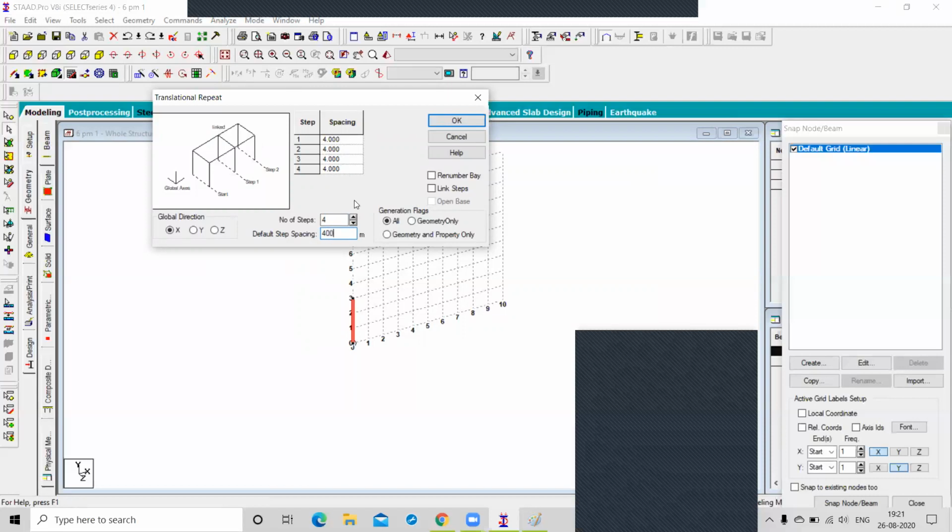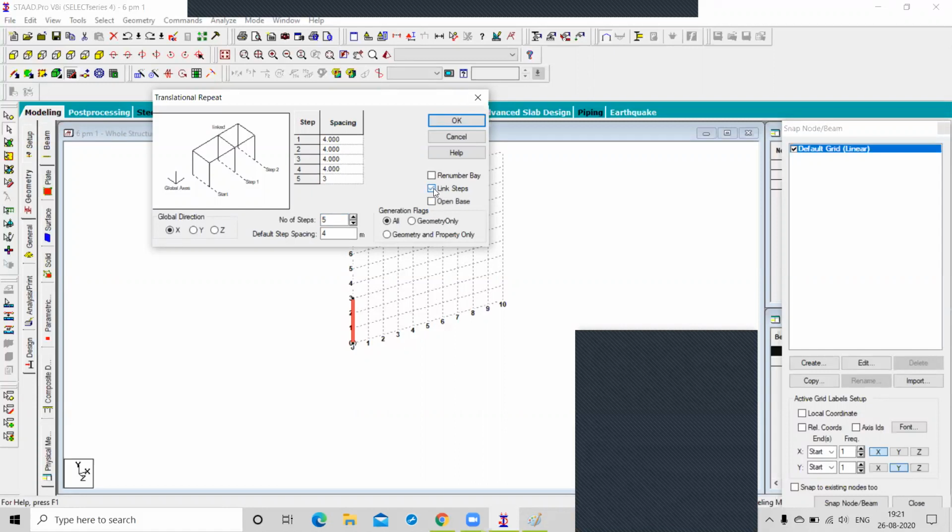If you want to have different spacing, you click here and give the unequal spacing for each section. Yes, 3 meter, we can make that. You just create another new one and give the distance as 3 meter here, right?